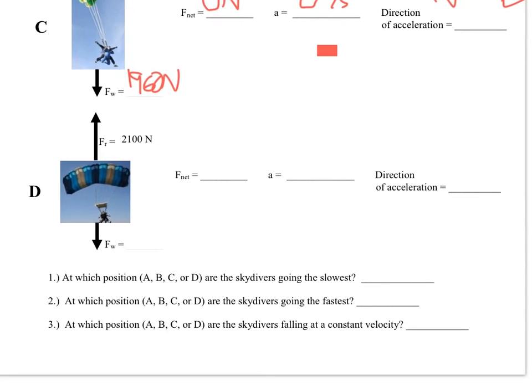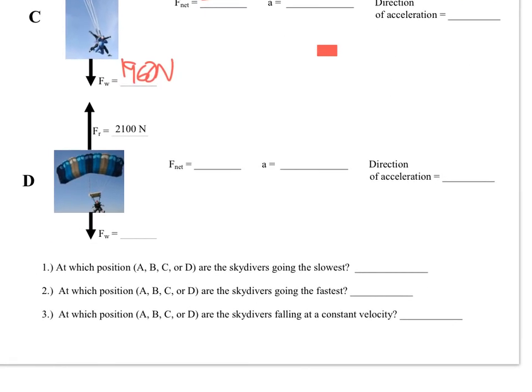And taking a look at the last one. So here we have force of air resistance. The parachute is now fully deployed. Force of air resistance is 2100 newtons, and their force of weight is still 1960 newtons. So in this case, their net force is going to be this 2100 minus 1960, and so the overall resultant force is 140 newtons. So to solve for acceleration, we're going to take that 140 newtons